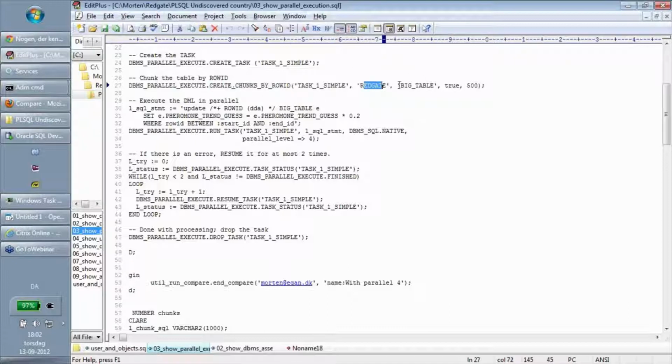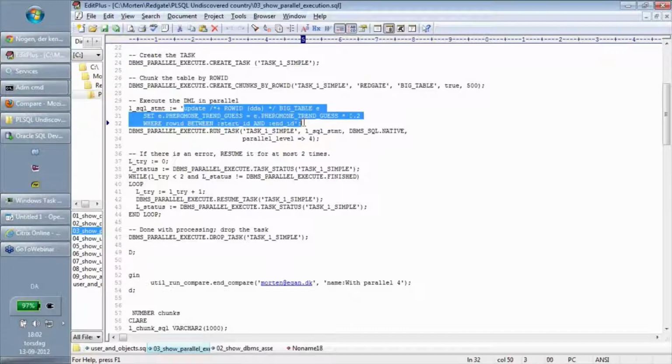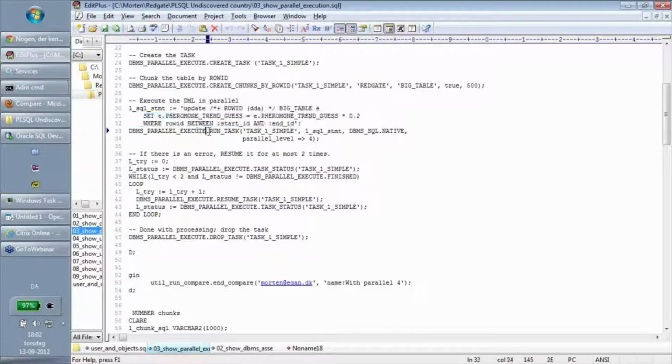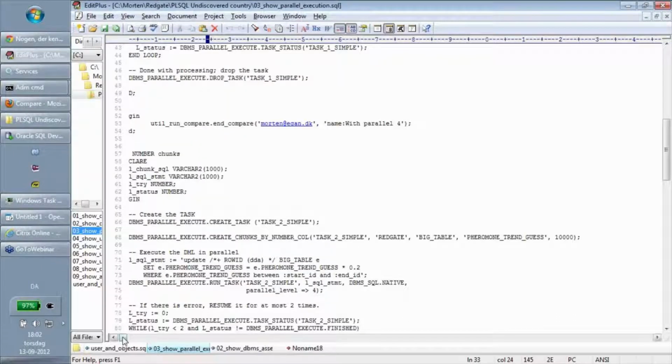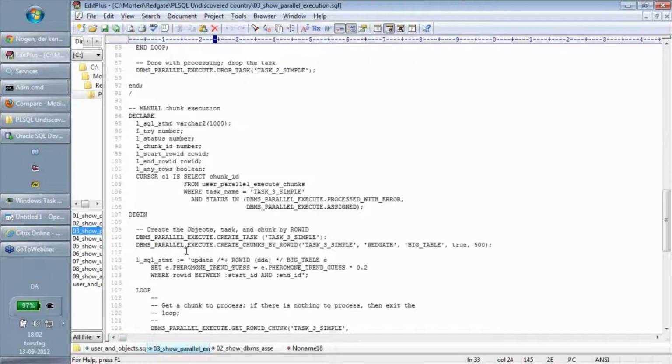I tell it the user, I tell it the table, and I tell it to do it in chunks of 500. I give parallel execute my statement that it needs to run in every chunk. This statement is basically passed on as a variable to a scheduler job. So the scheduler basically just gets an input of where it is. And the DBMS parallel execute maintains a cursor where it selects the row IDs. So if you look at where I basically do it manually,